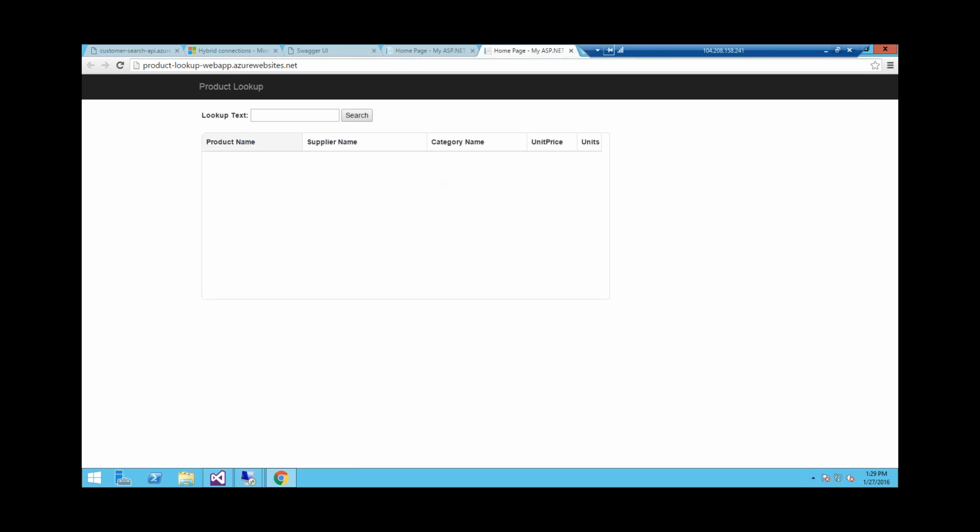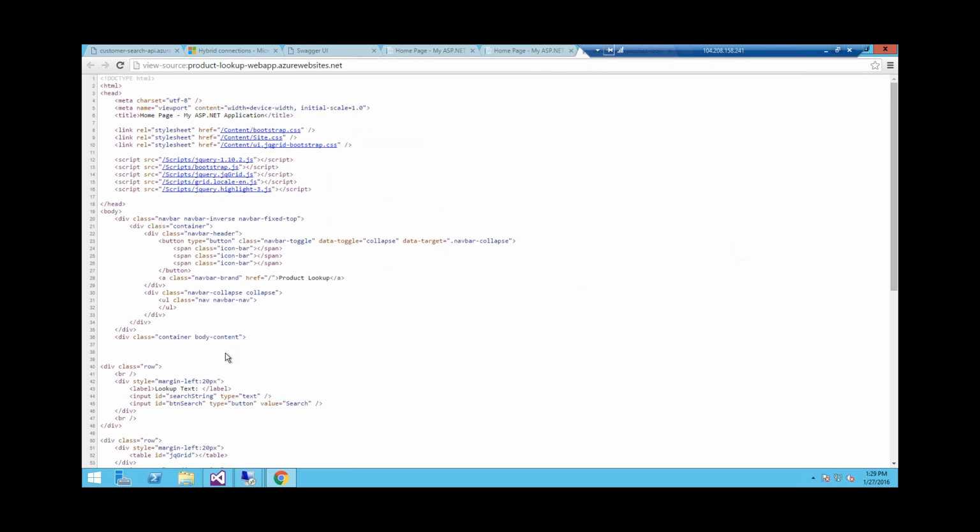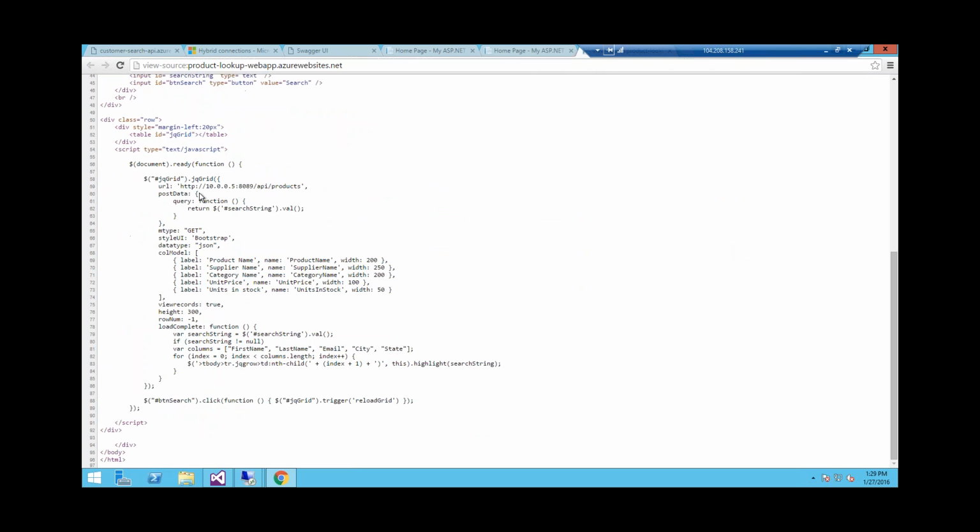It takes a few seconds to publish. And let's try to search for beverages again. And you can search it. Now, if again I do the view page source, you see here that it is connecting to my internal service. And how that magic happened is again through Azure Hybrid Connections.